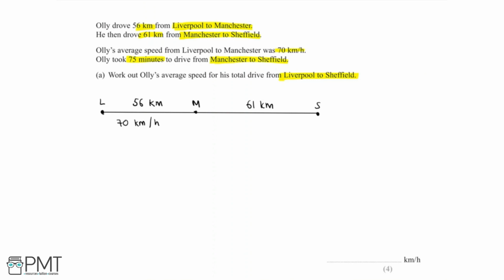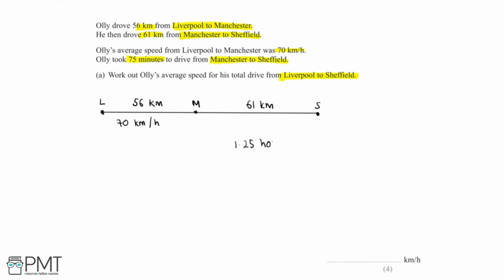We can also add the fact that it took 75 minutes to drive from Manchester to Sheffield, and this is where we need to be careful with our units. We're told that it took 75 minutes to drive from Manchester to Sheffield, but we're given speed in kilometres per hour, which means we should convert this value of 75 minutes into hours. And so 75 minutes in hours will be 75 divided by 60, which is 1.25 hours, which we can add